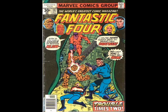Molecule Man turns Grimm into glass, and he's completely vulnerable and actually appears frozen or something, and we cut back to Reed still in Ben's room with the passed out Impossible Man, and the nanny starts giving him a pep talk: maybe you don't have your powers, but if there's nothing wrong with your mind, why aren't you putting your brain to use and helping the rest of your team track down whatever's going on here in the Baxter Building? Which you would have thought was obvious, but I suppose mental issues like that don't...